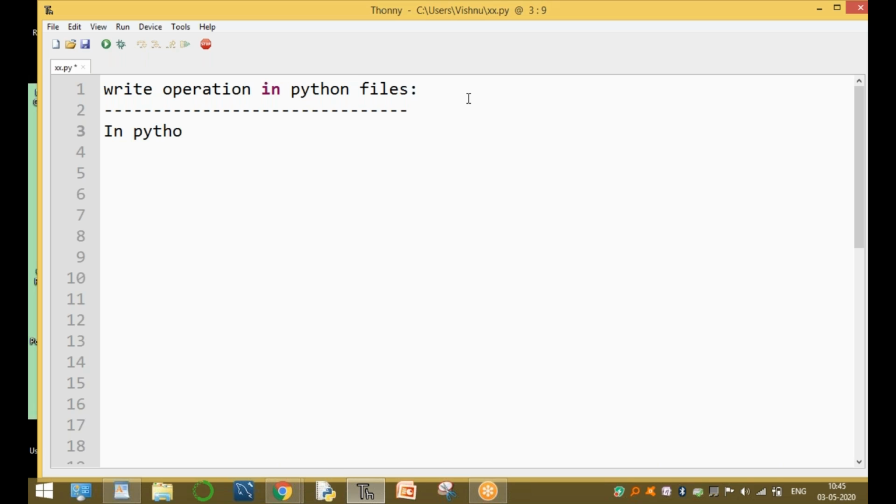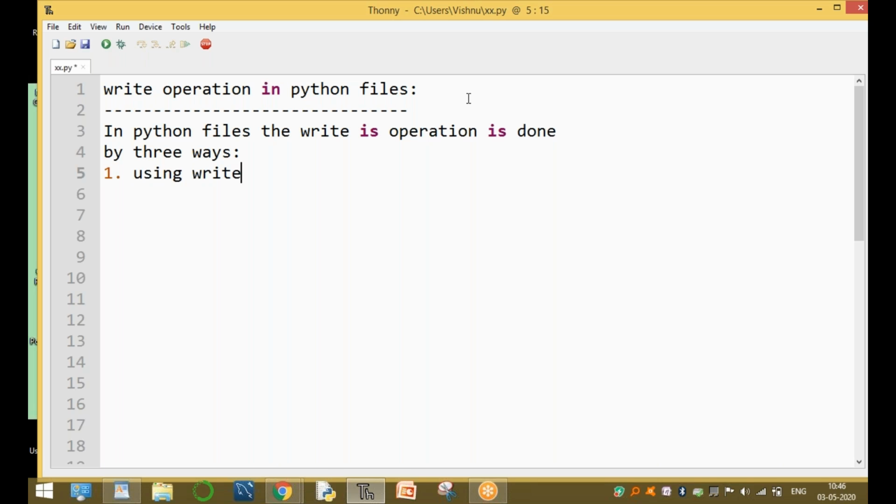Writing data, or the write operation, is done in three ways. One way is using the write function.